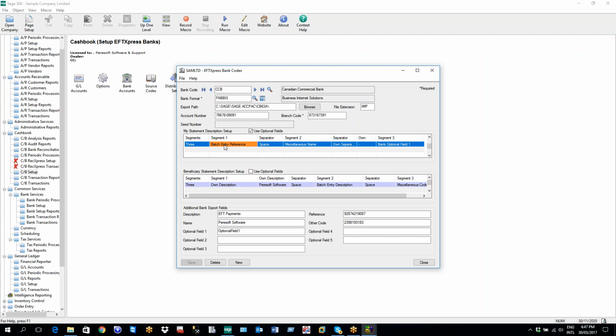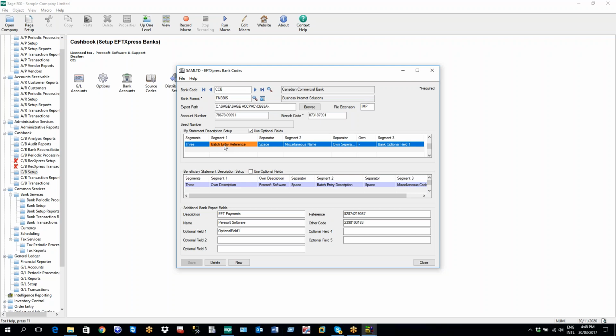Are you saying that the actual description was set in that format? The actual text of the description had to be what the bank... Are you talking about public beneficiaries? That was in the actual segments in the screen. That we were struggling to get it to match the Standard Bank format to be able to upload that EFT